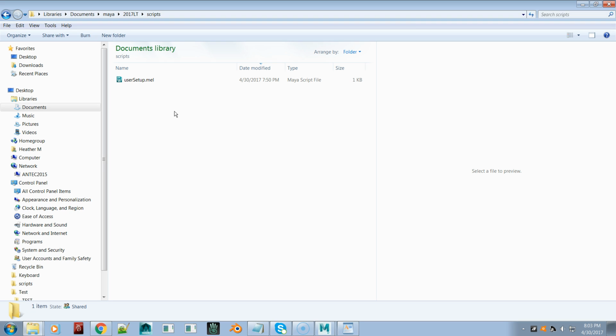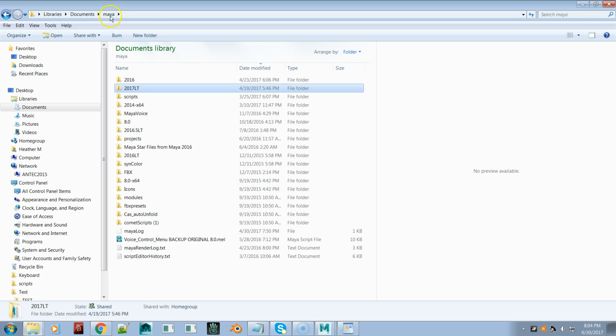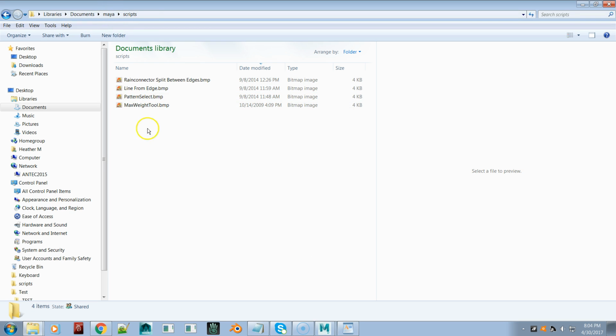There might be a reason why somebody who created a third-party plugin didn't want to use the scripts folder, and maybe that's why my customer's user setup mel is in a different folder, in her Maya scripts folder,